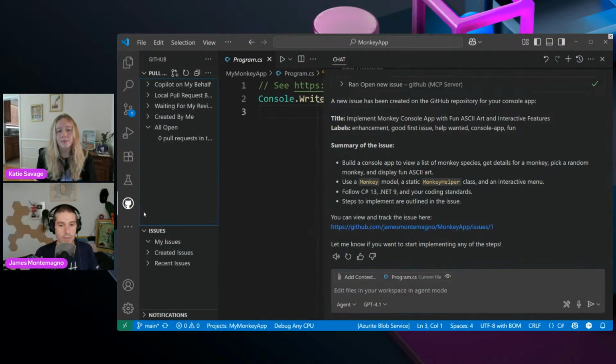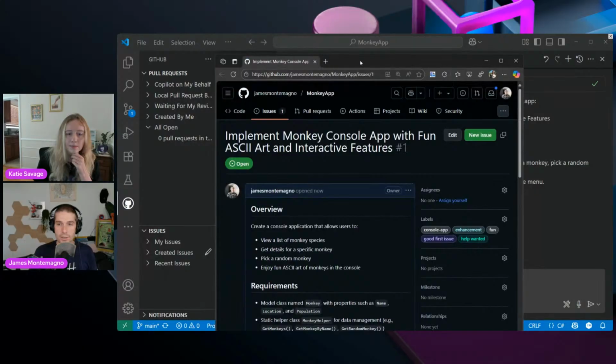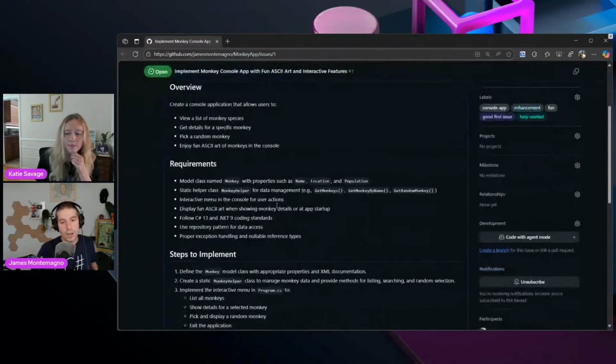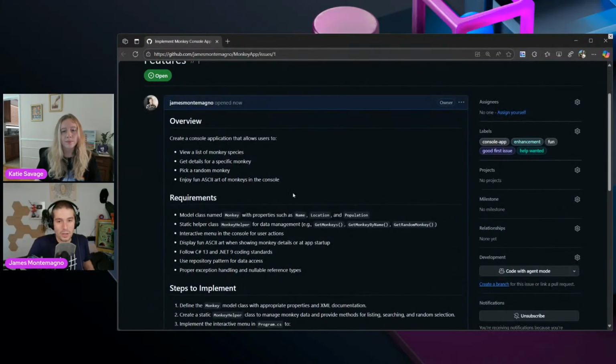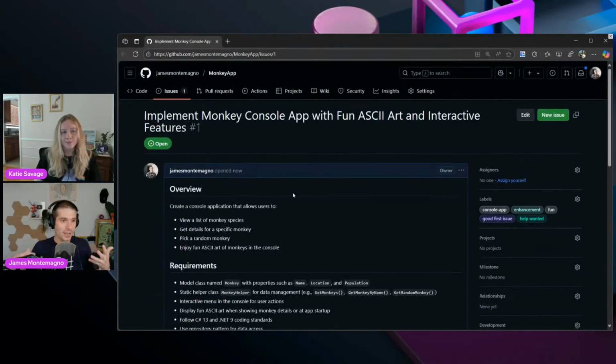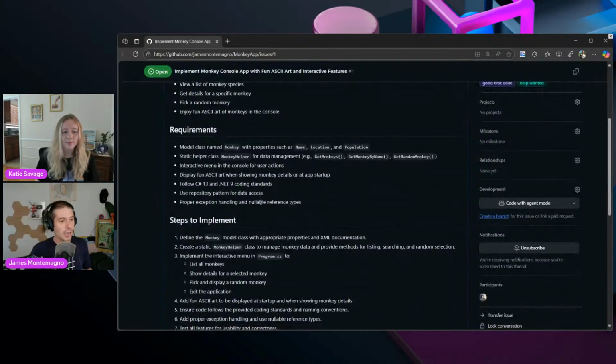And if I go into the issues over here, let's see if it's here. I think they're not assigned to me, so let me go ahead and open it up. There we go. We can see the exact issue that it created. So how many times have you been in your code flow, and it added all those labels for me, where you're like, oh, I have this idea, but I'm working in a branch and I don't want to stop and do something. Now you just go and do things, right? If I was to manually type all these things, it would take me forever. I could ask it to review and give me an outline. Let's iterate on the plan.